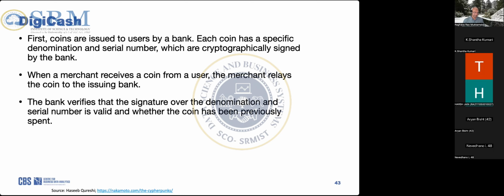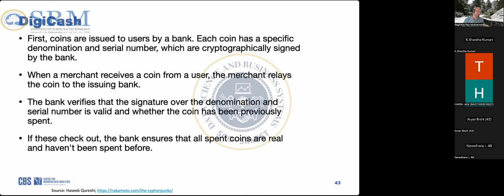The bank will verify the signature and the denomination, and they will also verify that the serial number is valid. That means it is not already spent. It is not a double spent, and the coin was not previously spent. So that is the kind of check the bank will do. If this checks out, the bank will assure the merchant that this is valid, and I guarantee it,